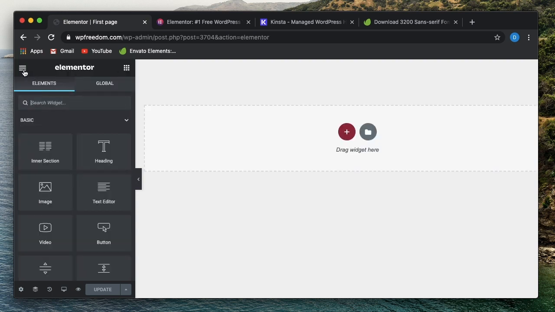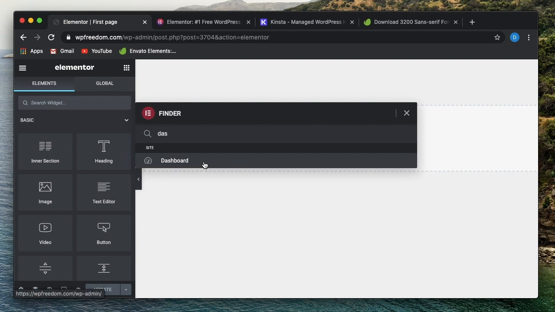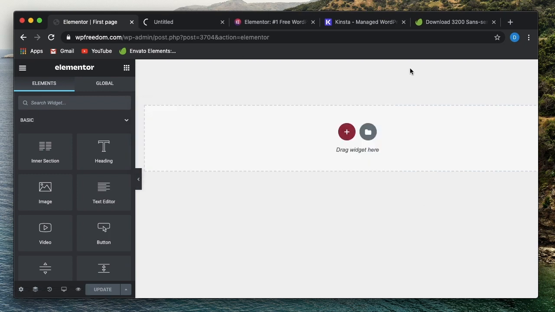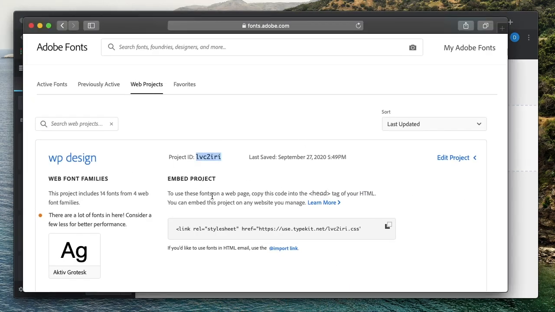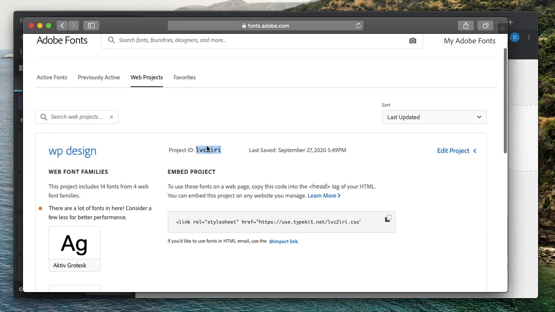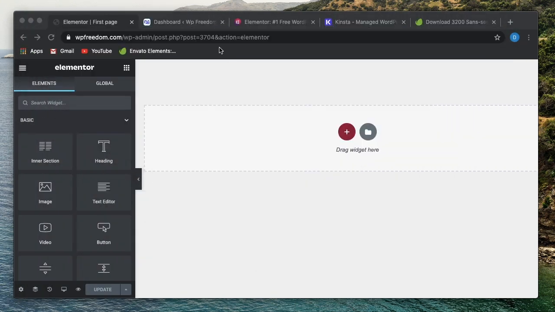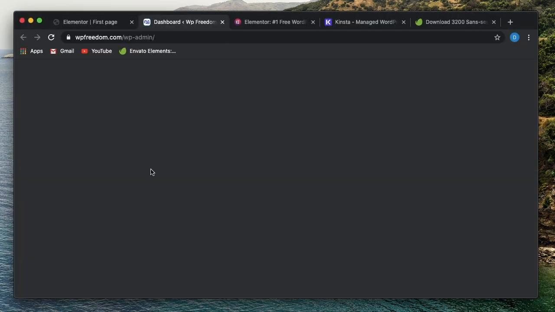In order to get the fonts, all you need to do is to go to the backend dashboard. So once we pick the fonts that we want, you can add as many Adobe fonts as you want, right? I just picked Active Grotesque. I'll copy the project ID, and in the dashboard,